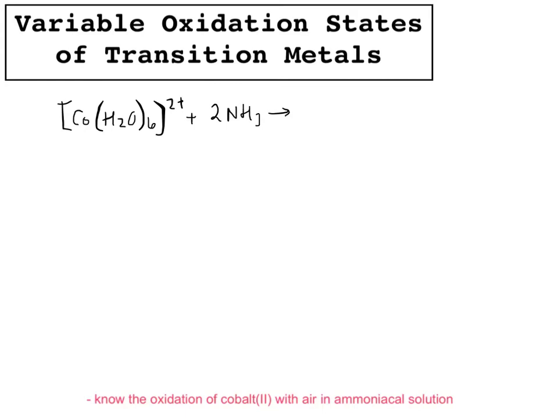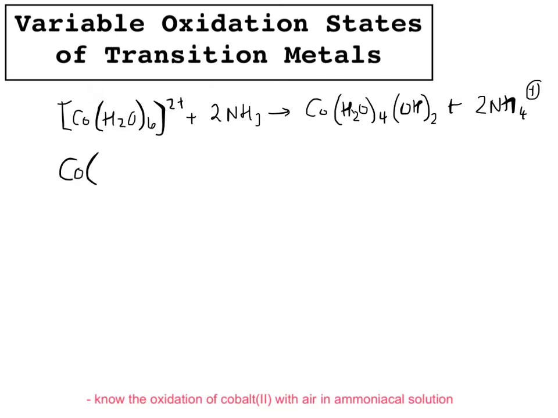We'll first form the hydroxide, so cobalt with 4 waters and 2 hydroxide ions. So that's a precipitate now because there's no charge on that. And you'll also form 2 ammonium ions, NH4 pluses, because the NH3s, the ammonias, have stolen an H plus from 2 of the water molecules that are datively bonded to the cobalt. Then if we add excess ammonia, the hydroxide will dissolve,